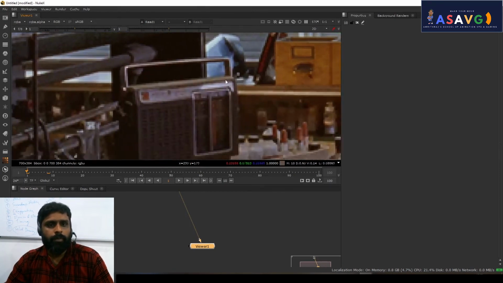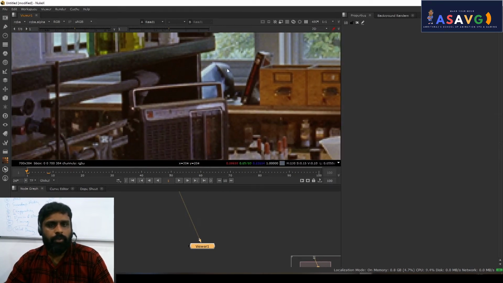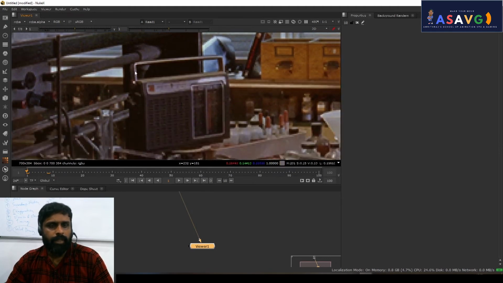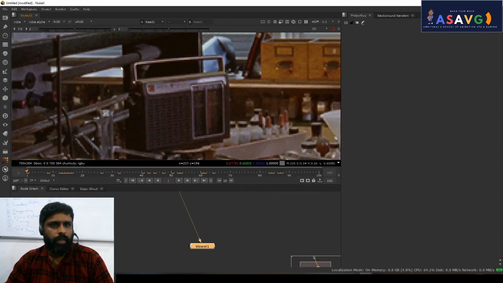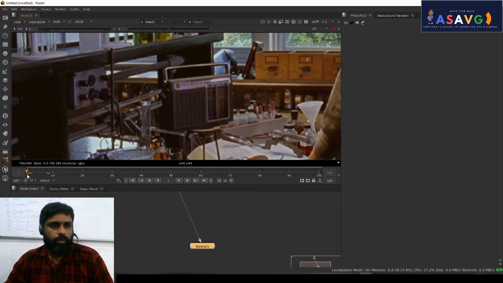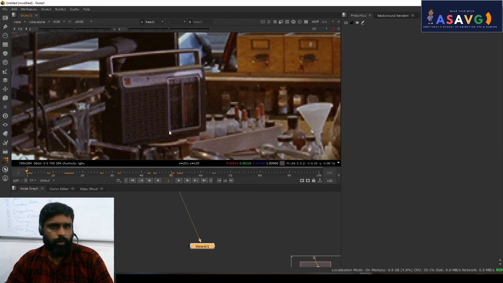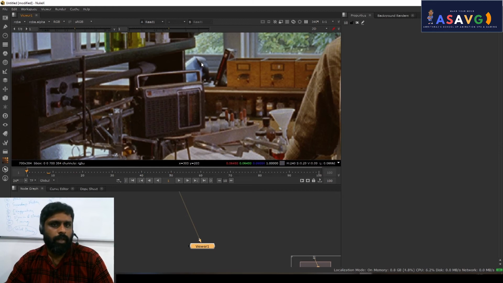Here we have a problem, we have a radio over here. So if we place this area, I think it will be on top of that area. For that we have to do a roto. Complete area we have to do a roto. Then only it will be on the top of that. This will be on the bottom of that. So we are not going to do a roto. I have just said that we want a roto for this particular thing. Then only it should fit over here. Otherwise it will be on the top of the radio. Okay. So I will be adding a tracker.